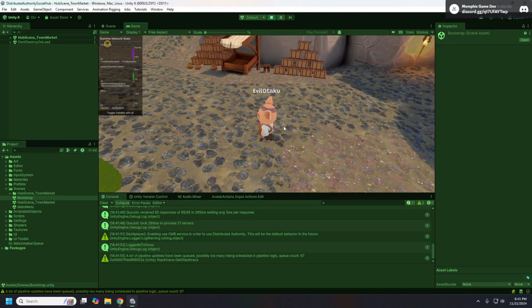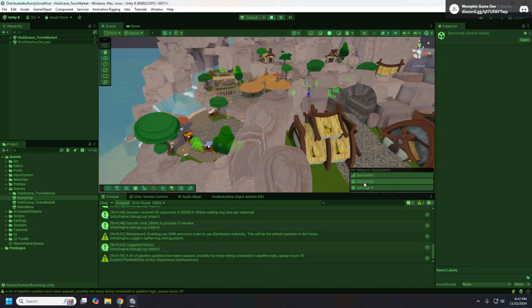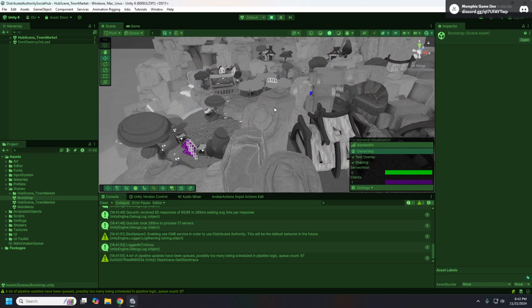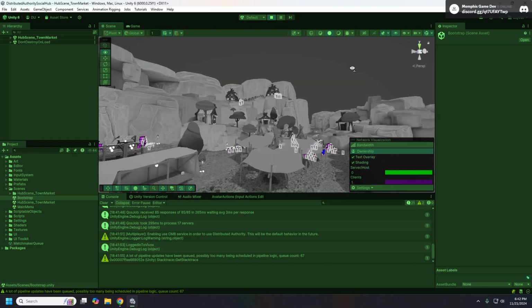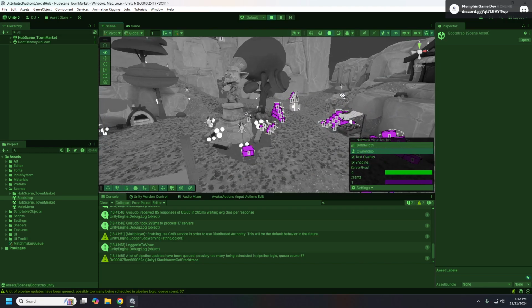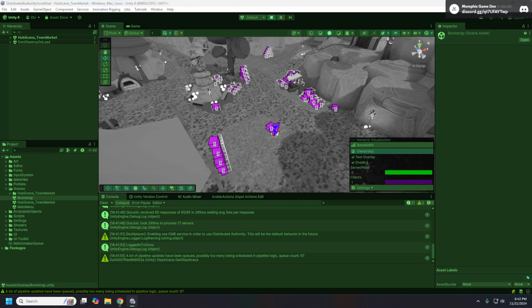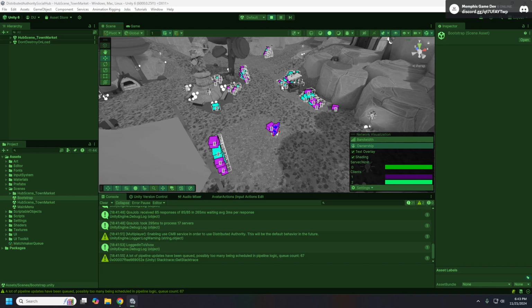Okay. So here's in the scene. We can look at ownership, and we can see that all of the objects are owned by client 1. Here, I'm going to join in as a second player. And when I joined, you can see that half of our objects are owned by the second player.